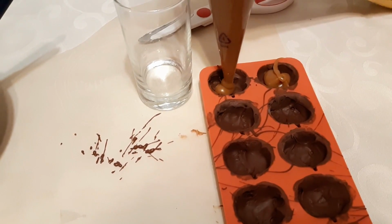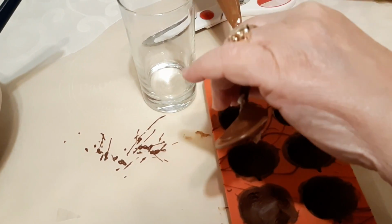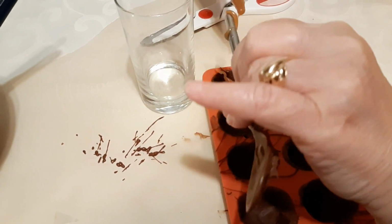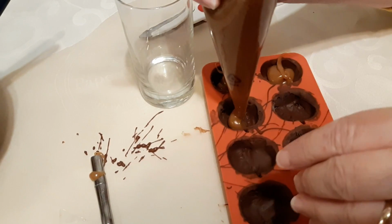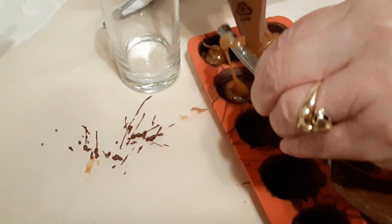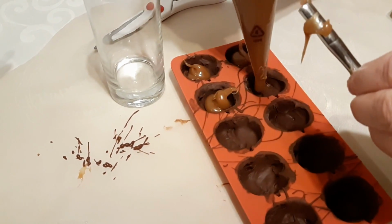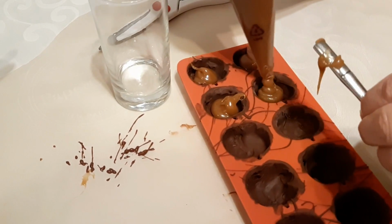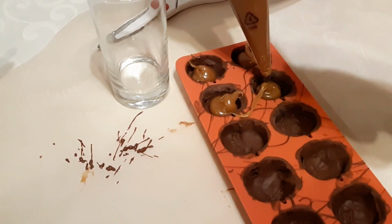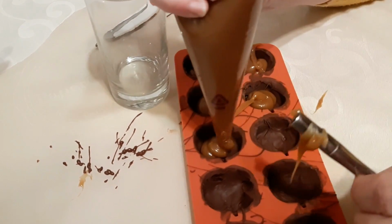I'm going to have to clean that out a bit. Use the back of my spoon. And you don't want to fill it up to the top. You're just going to put a bit of filling in it. Dang, got some all over my